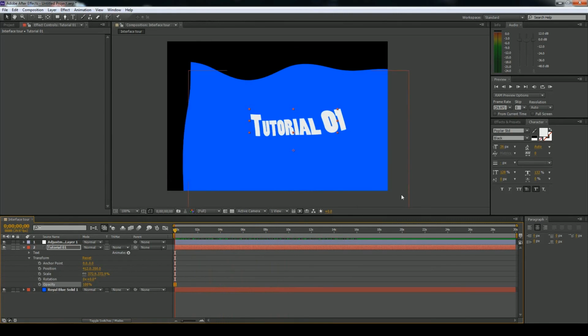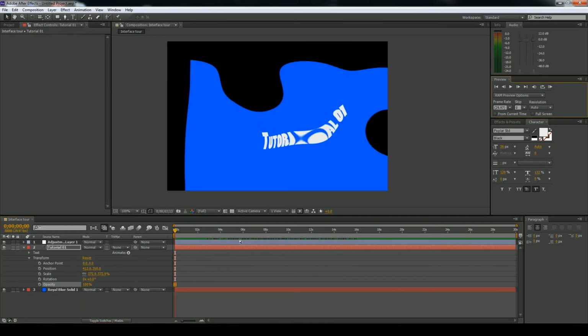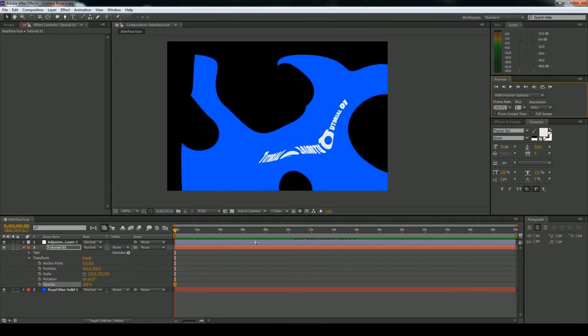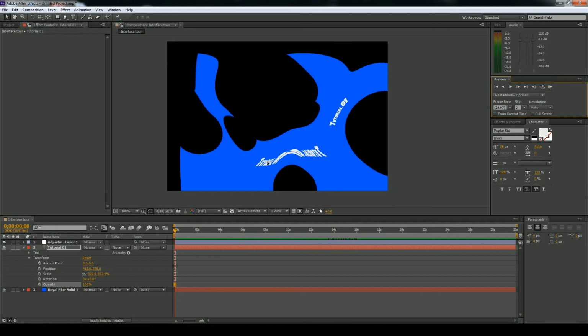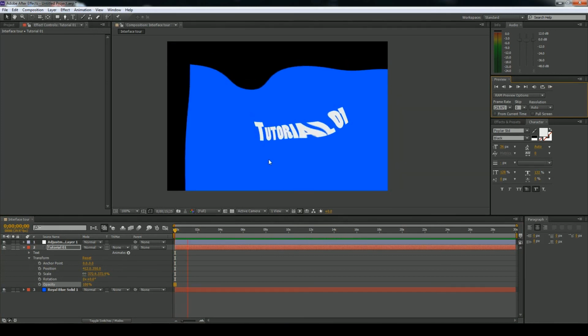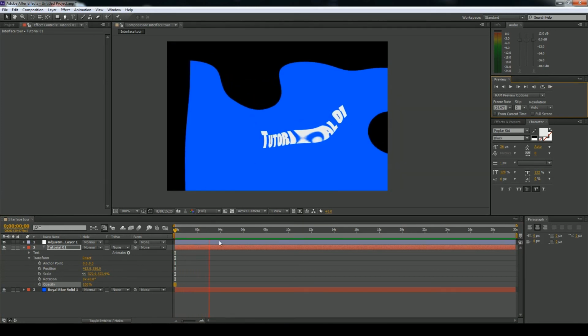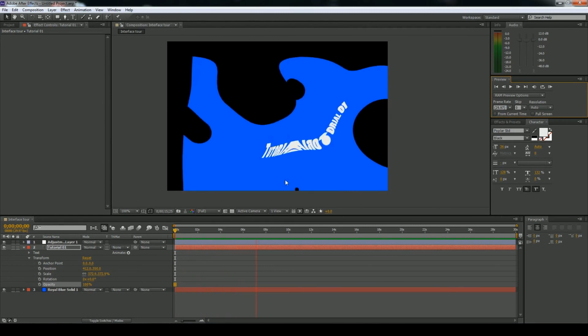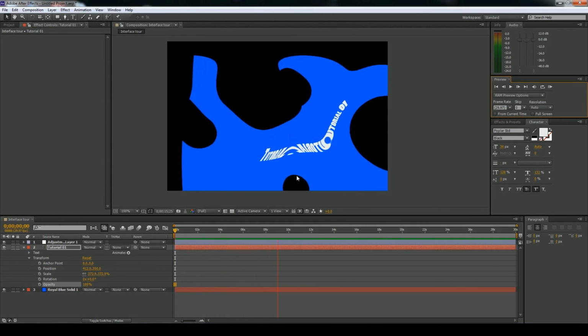So if you want it all to be rendered, you just hit 0 on your number pad, or if you don't have a number pad on a laptop, you can hit this button right here under RAM Preview. And then if you see, it just fills this green bar. And it doesn't necessarily cache it in real time, but when it starts playing back, it's almost always playing back in real time. So you'll see now that this bar is full, it's playing it back, and this is real time. So that is a very handy way to